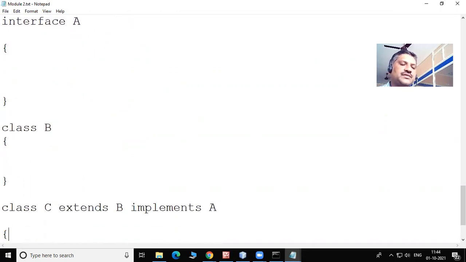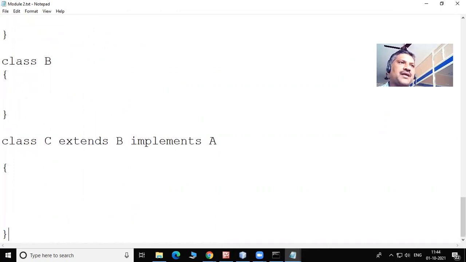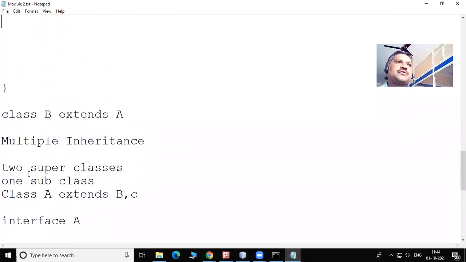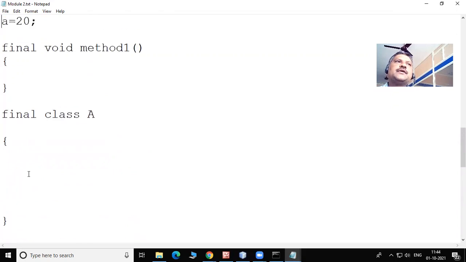If you write like this, B and A are parent classes and class C is the subclass. So we have achieved multiple inheritance. The main advantage of interfaces is that we can do multiple inheritance in Java through interfaces.